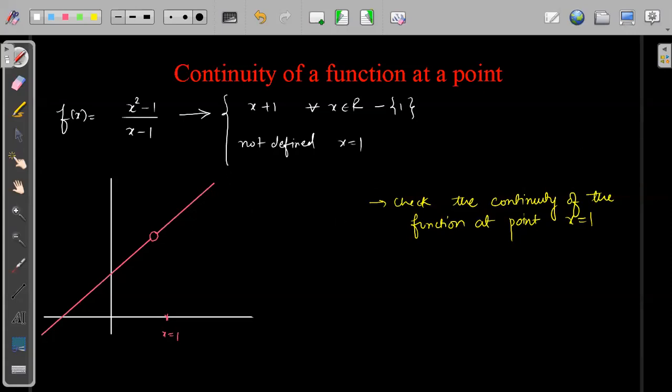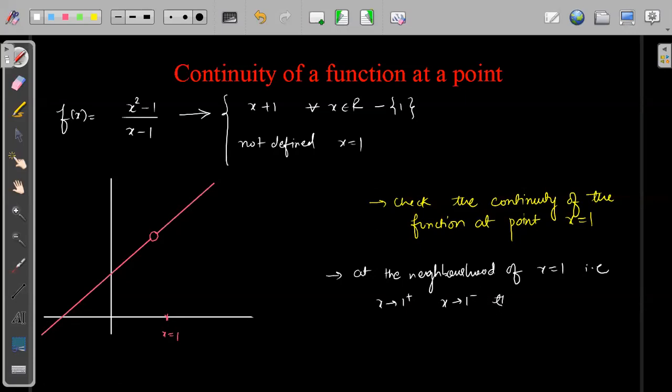Because he knows everywhere else the function is continuous. That means there is no break in the function. So we say that, okay, for the function at x equals 1, what we will conclude is that in the neighborhood of x equals 1, that is at x tending to 1 plus and x tending to 1 minus,